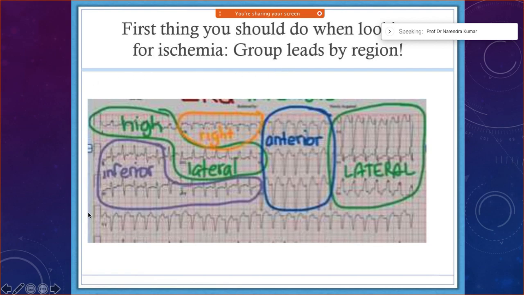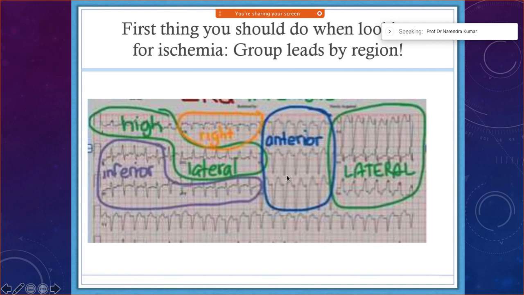So whenever we are seeing the ECG, I already tried to highlight it, right? So what are those areas? As I was telling you, anterior will go up to V1 to V4 literally. The lateral is V5, V6. The high lateral is lead 1 and AVL, and inferior, as I said, is 2, 3, and AVF. And for the right side, if you really want to comment, one may look at the AVR, but if there is an associated inferior wall MI, try to have a look at